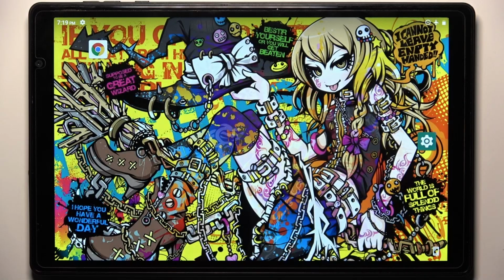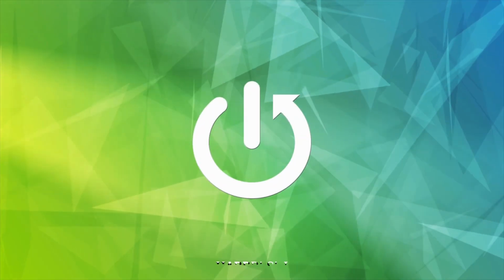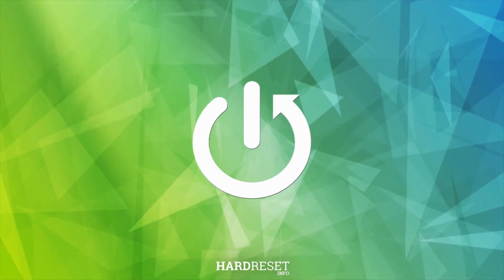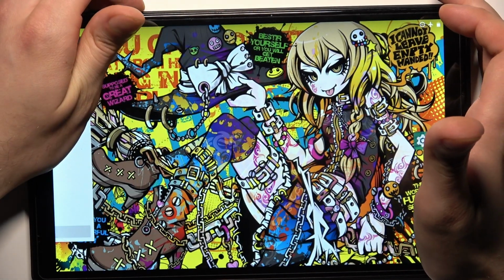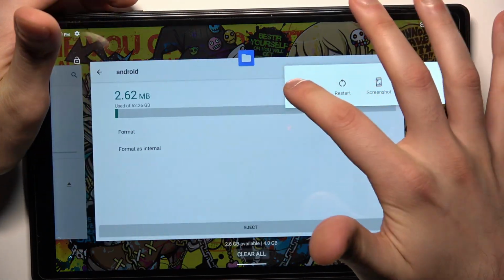Here I have TOSCIDO P101, and today I'm going to show you how to enter recovery mode on this device. So firstly, you should turn your device off by holding down the power key, then tap power off,